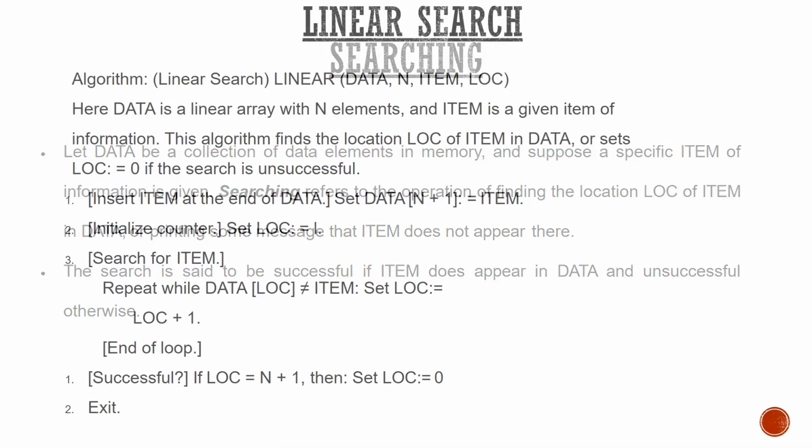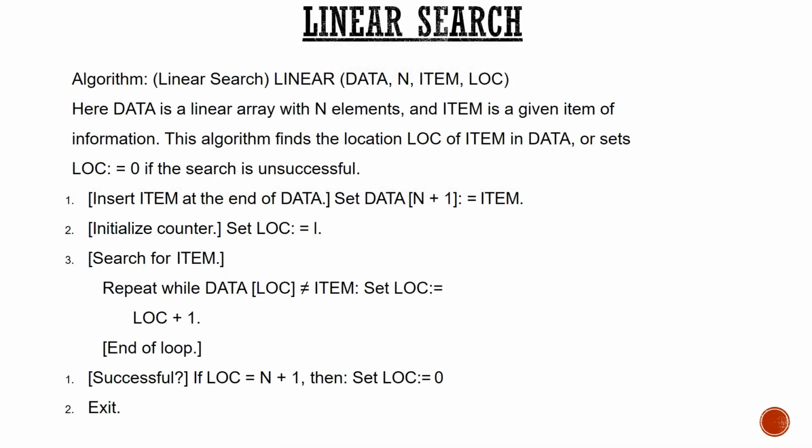Let us take the simple example of the linear search over here. So first, the array is your data. I need to search for the item. So that search item, I will copy it at the last location. So means if no match is found, then it is found at the last value. Up to n, you have your values. N plus 1, I am copying so that if it is unsuccessful, then I will have the comparison at the end. So I will start with the index value 1 over here.